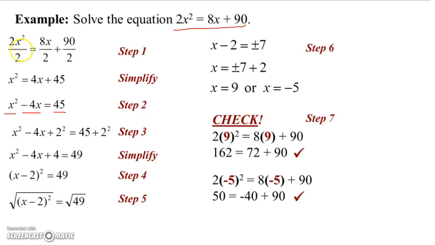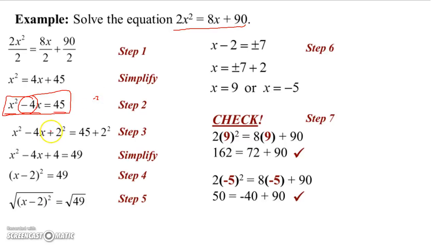So first of all, we're going to divide that by 2 to get the coefficient of the x squared to be 1. And now we're going to move that 4x next to the x squared. So now we've got this in the proper format to do completing the square. What's half of minus 4? Half of minus 4 is minus 2,